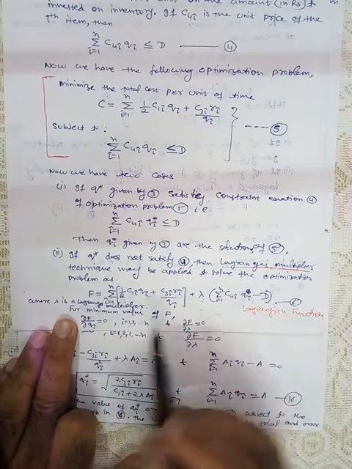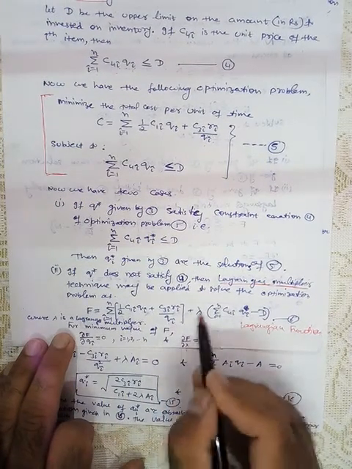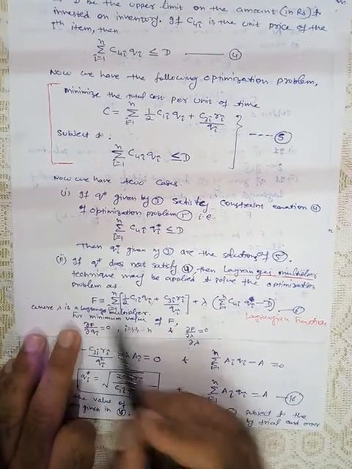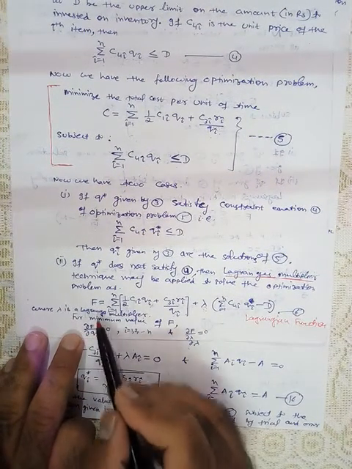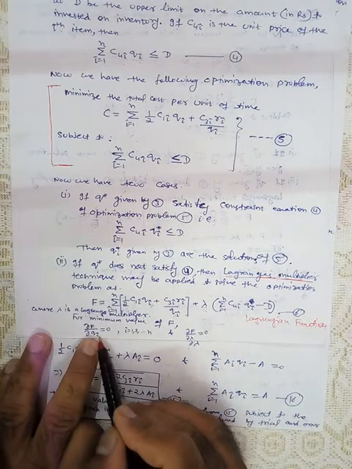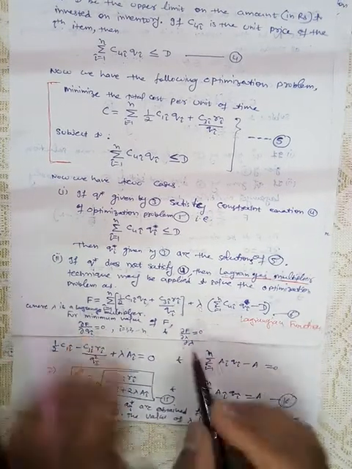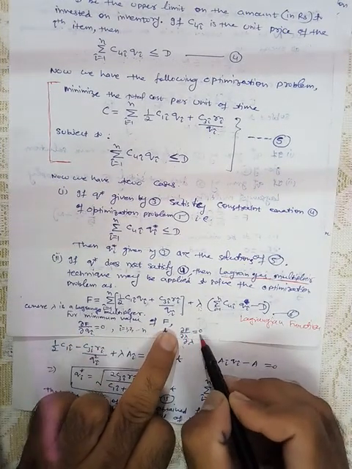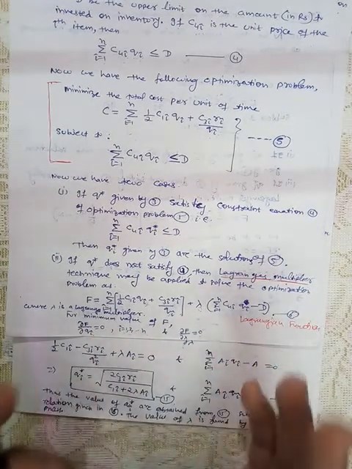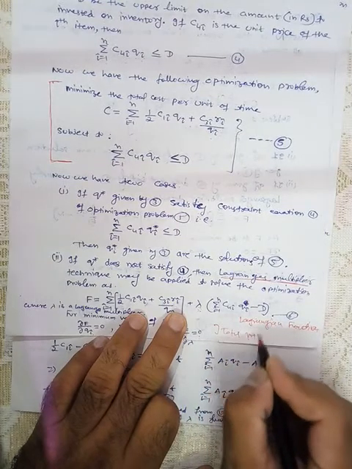Now the variables are Qi and lambda, both of these are variables. So for the minimum value of f, we partially differentiate f with respect to Qi equal to 0, where i is 1 to n, because there were n items, and del f by del lambda equal to 0. So the total number of equations will be n from here and one from here, total n plus 1 equations.